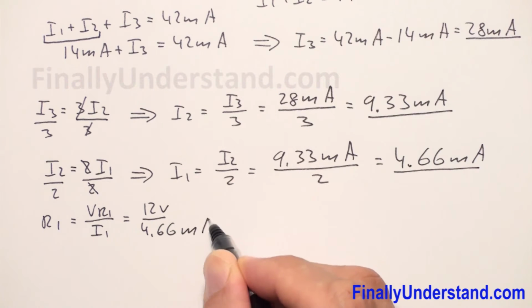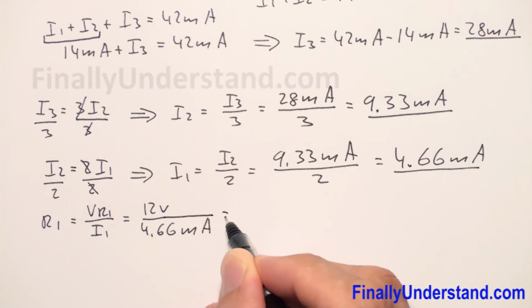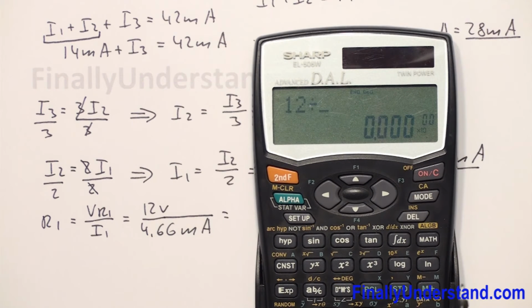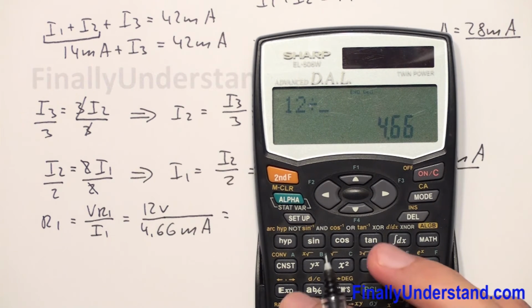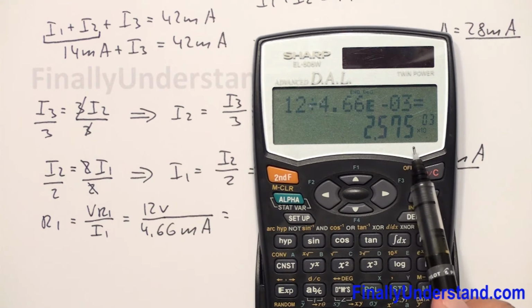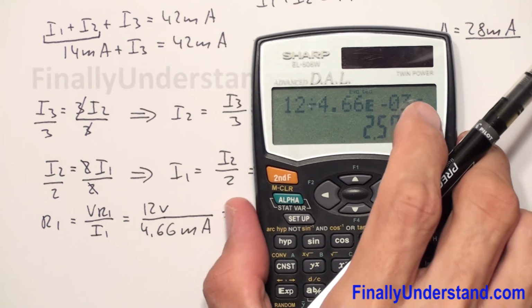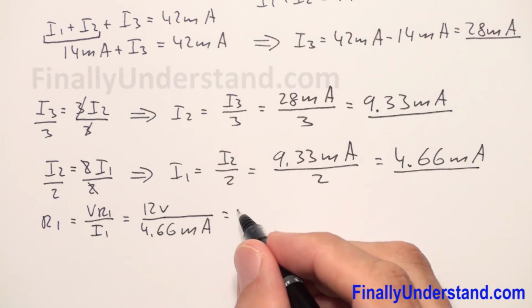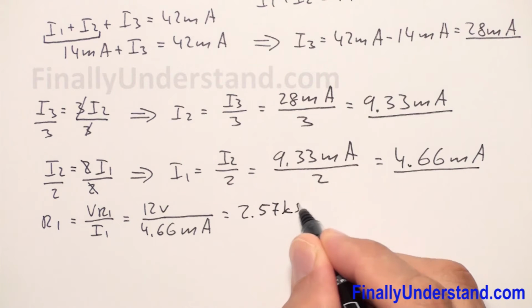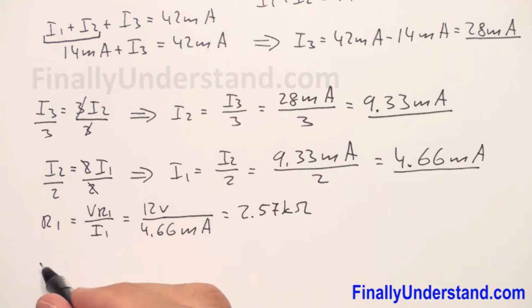4.66 milliamps. This is equal to 12 divided by 4.66 times 10 to the negative 3. This is equal to 2.57 kilo ohms. Okay, R2 is equal to